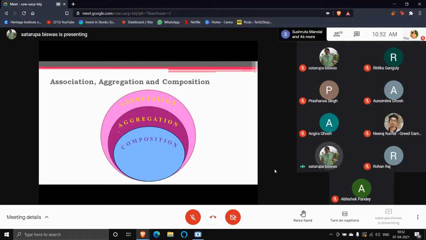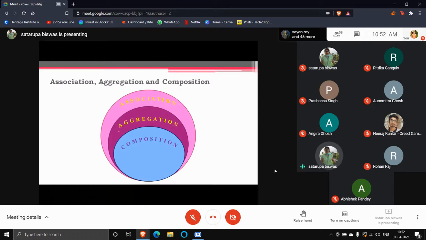And composition. Composition is when the amalgamation is very strict, when one kind of object is a part of another kind of object, when one class is a part of another class. Like books are having pages. So the page class and book class are basically making the composition.